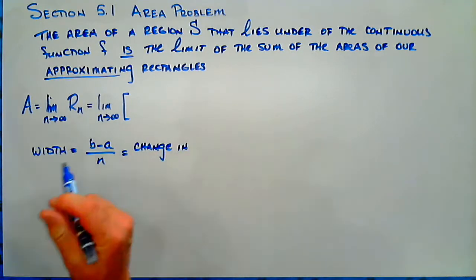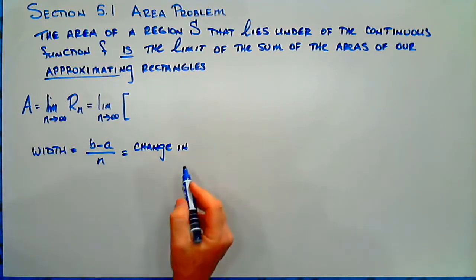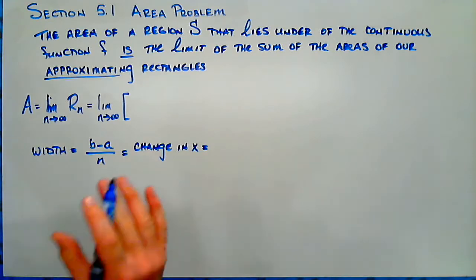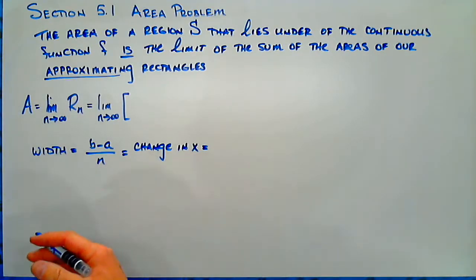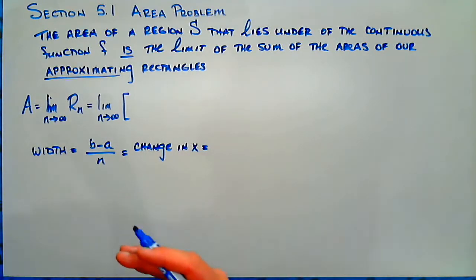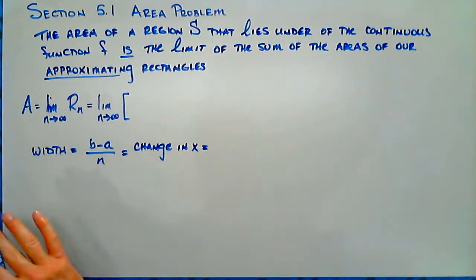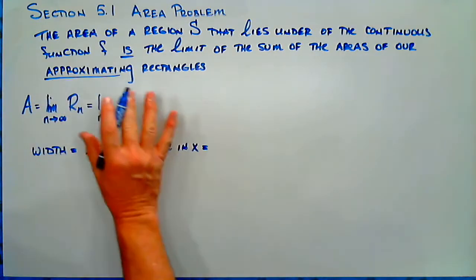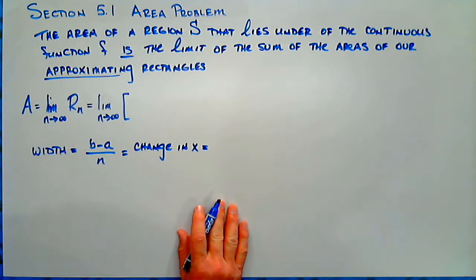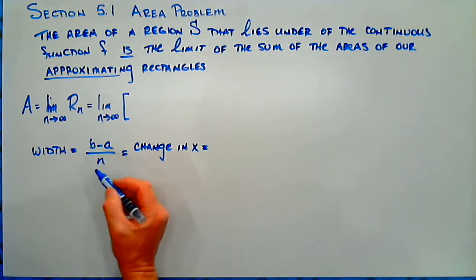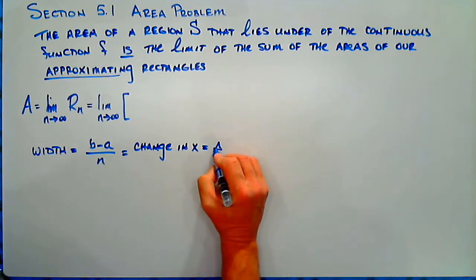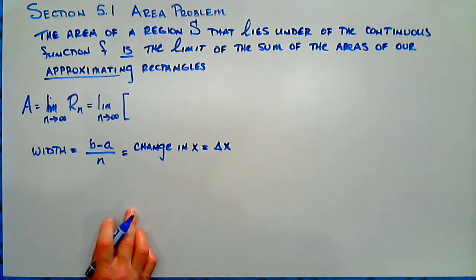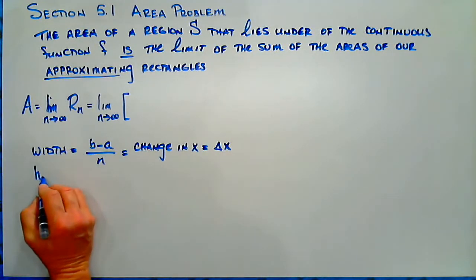I told you this was going to look a little more general than what we just did, but it's not, so don't get lost in all this notation. If you can do the layman's find the area of each rectangle, you're going to be fine in section 5.1. This is kind of foreshadowing what we're going to get to in the next section. So we're going to call this width the change in x, delta x. And then our height,